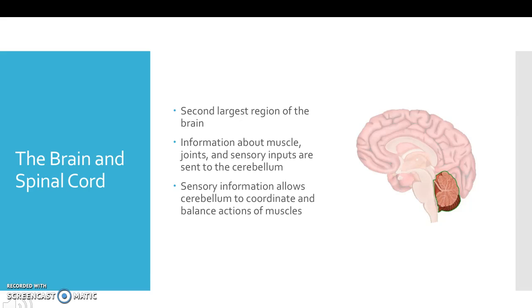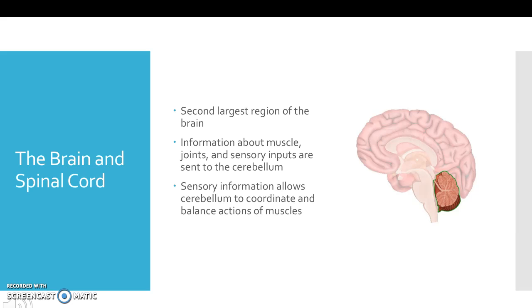The second largest region in the brain is known as the cerebellum. Information about muscles and joints are sensory inputs that are sent to the cerebellum. Sensory information allows the cerebellum to coordinate and balance actions of muscles. For instance, let's say you hit a golf ball. The cerebellum actually learns the movements and coordinates the actions of the scores of the individual's muscles when the movement